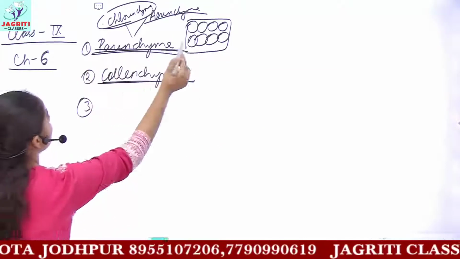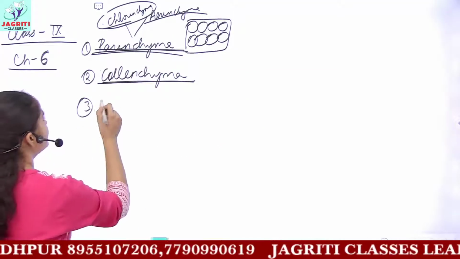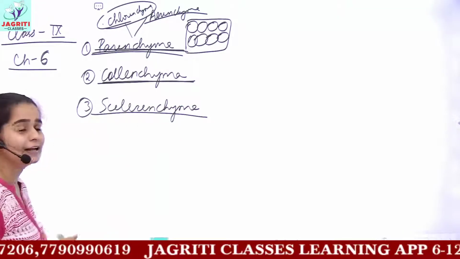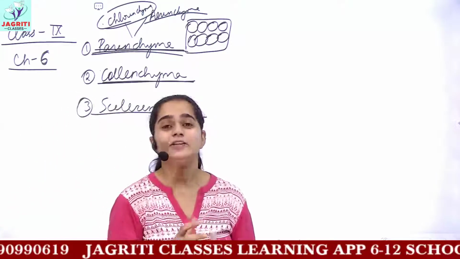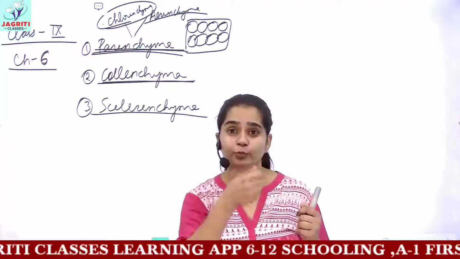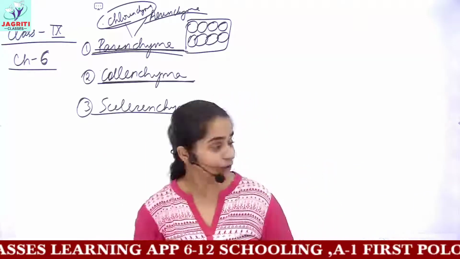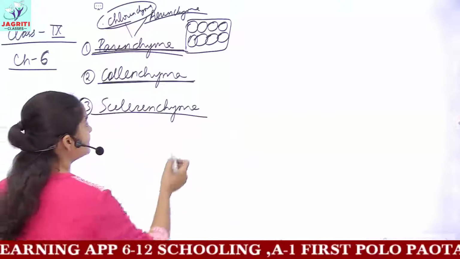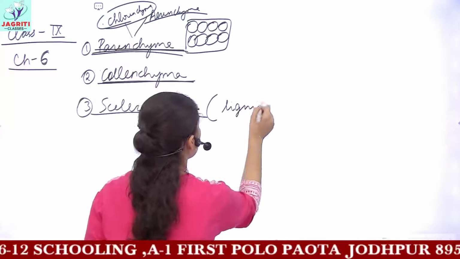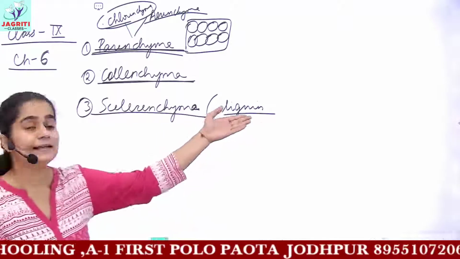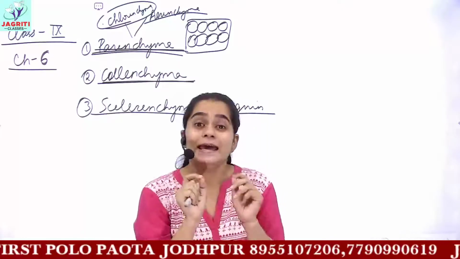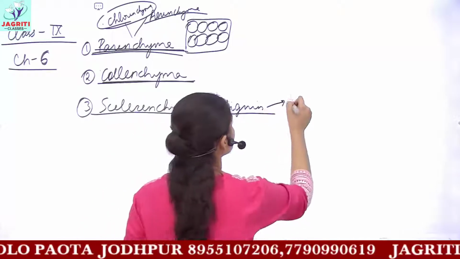Then the last simple permanent tissue was sclerenchyma. This sclerenchyma is present, as an example, in the husk of coconut. It is present in a fibrous elongated form. The main function of sclerenchyma is to provide mechanical strength or support to plants. And we have missed one thing, I suppose, that this sclerenchyma has deposition of lignin. This lignin is a chemical compound which is present in the walls of sclerenchyma. Hence, this lignin is also known as plant cement.